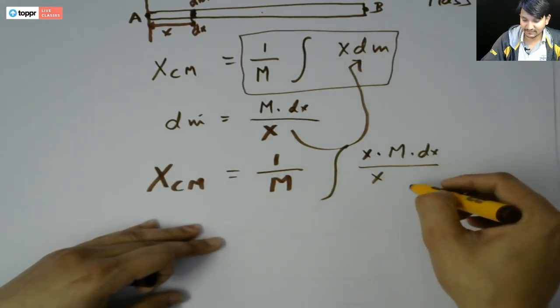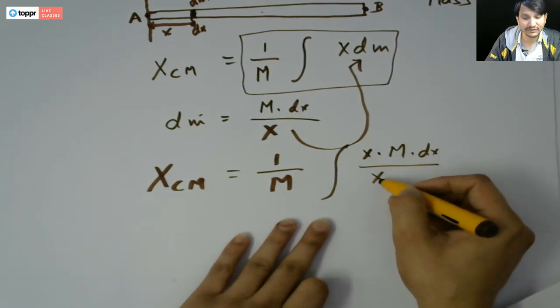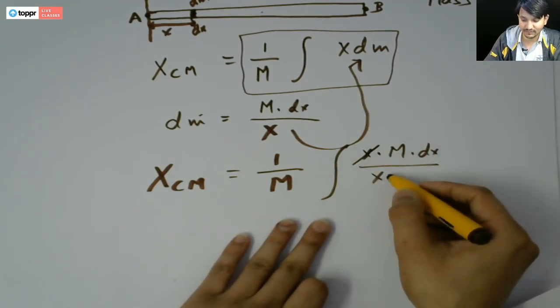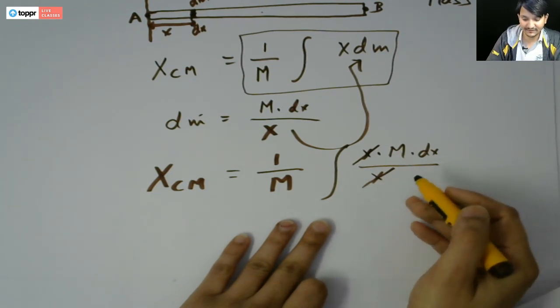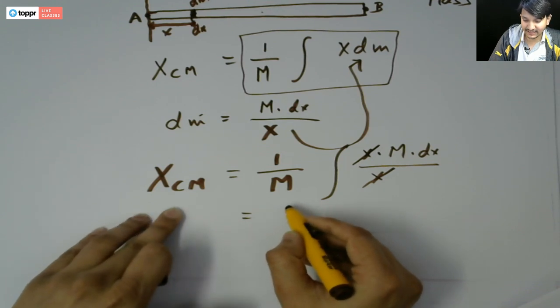This whole part is complete here. Let's go ahead and cross out x, numerator x and denominator x. We get xcm